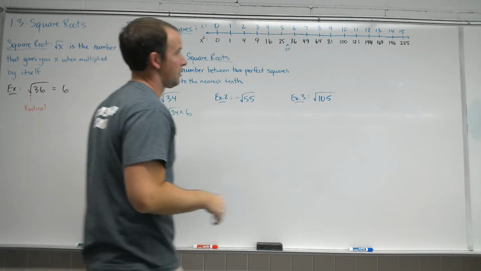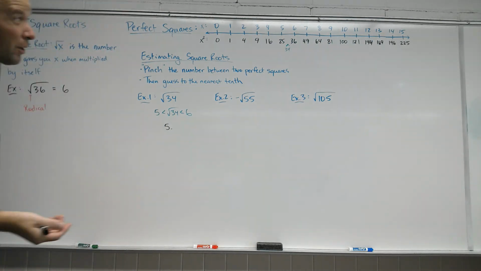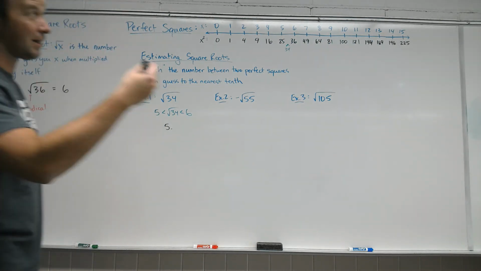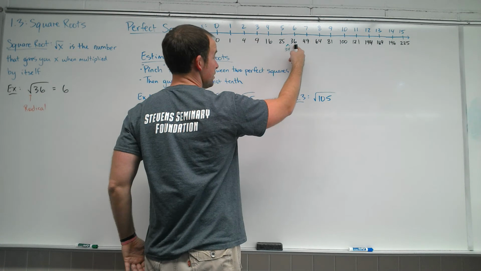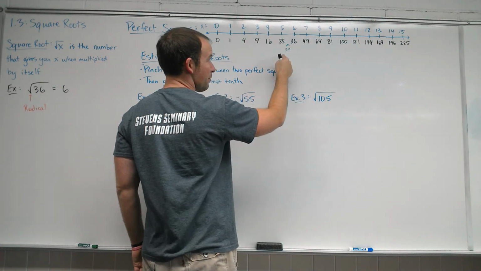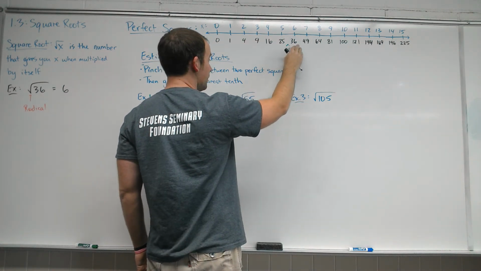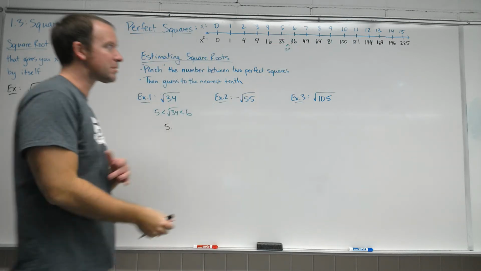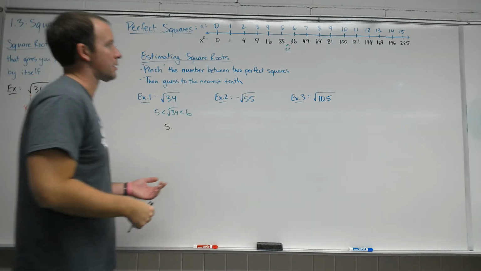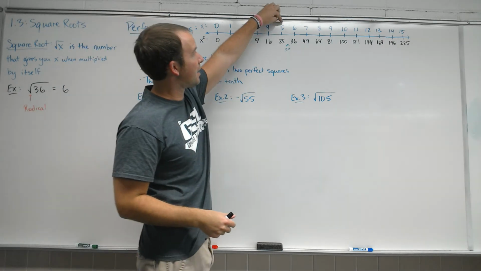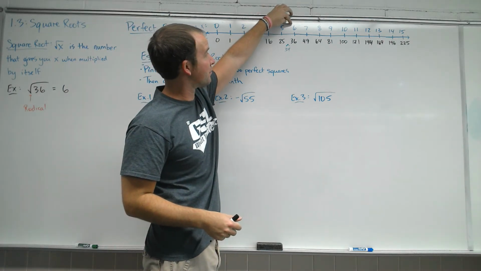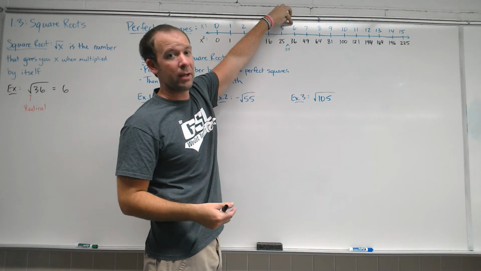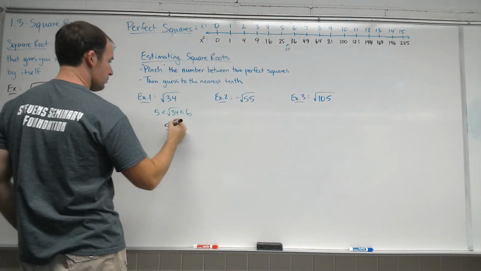to 5. Okay, how do I figure out what decimal I want to use? Am I a lot closer to 36 or am I kind of more in the middle? So is 34 really close to 36 or is it more like halfway between these two? I would say that it's really close to the 36, which means my estimate's going to be something high in the 5s, like 5.8 or 5.9. Either one of them is fine. So my estimate,